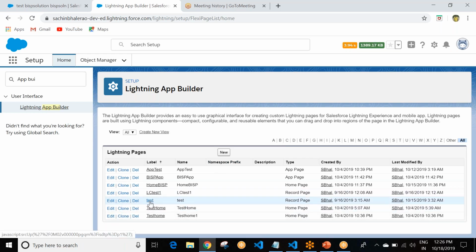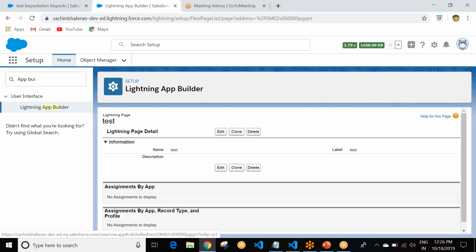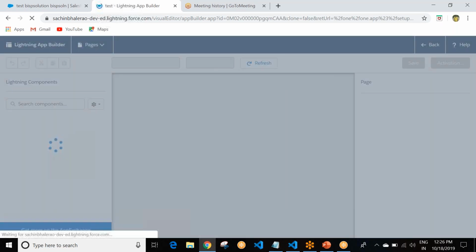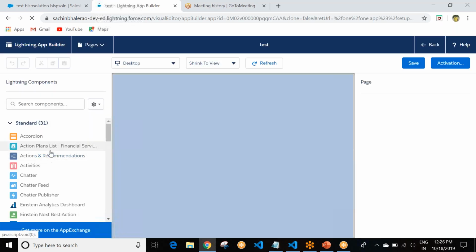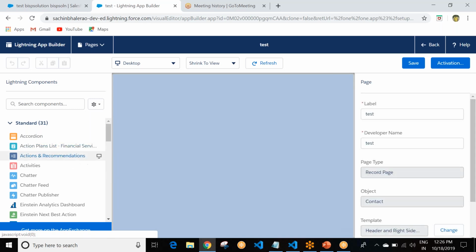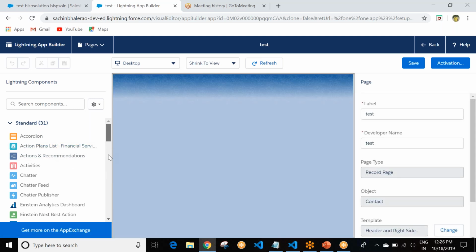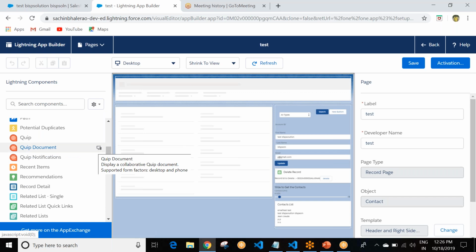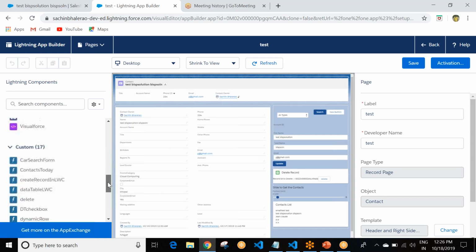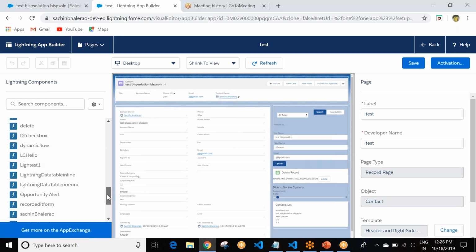Here we will check in this test record edit. Please visit my video on how we created the app builder, it will help you. In this app builder, the components will appear. Yeah, we created recordEditForm. This component we created appears here.